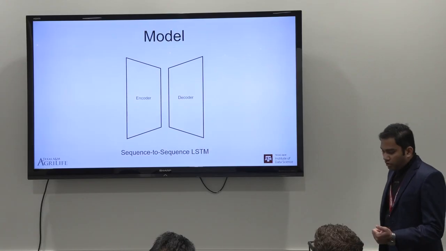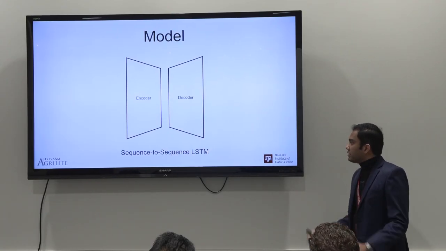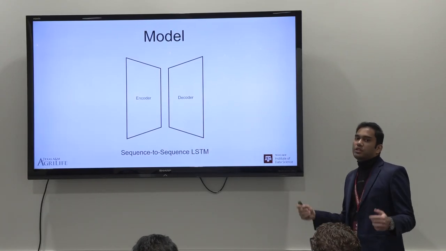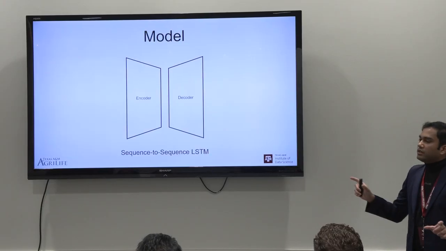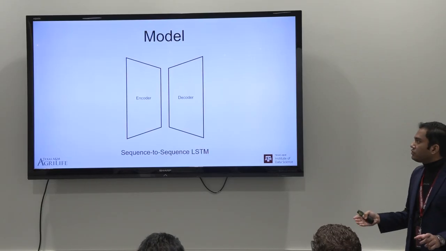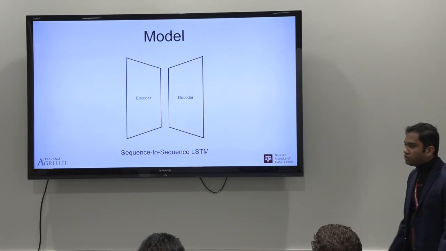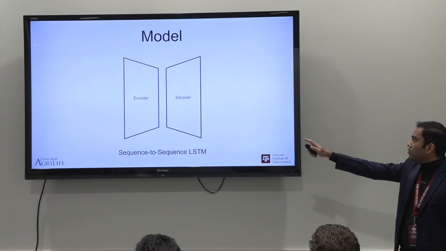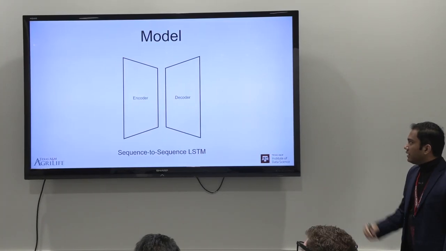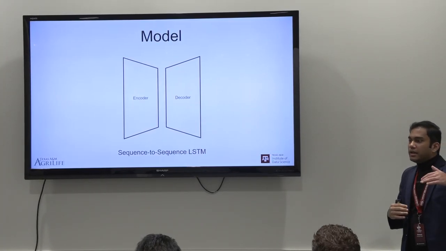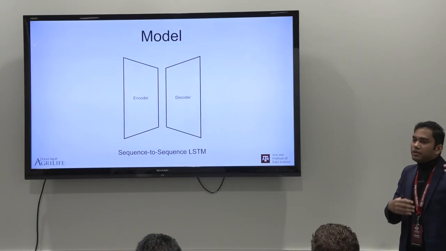Modeling. So let's do some good modeling here. Let's not just consider simple DNNs. Let's do sequence to sequence. We have an input sequence and we want to predict an output sequence. So the obvious way is to use a sequence-to-sequence LSTM, where you have an encoder and a decoder. The way this works is, you have an encoder that converts all of your inputs into a